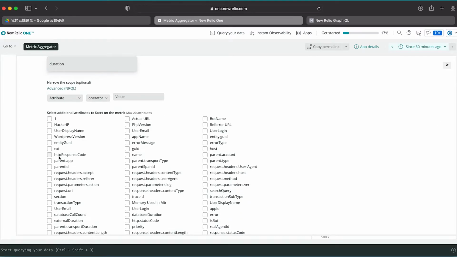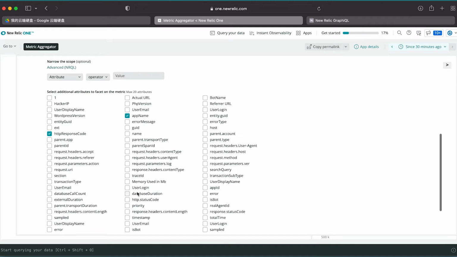And the next step is to add some additional attributes so that we'll be able to facet on the metric after the metric is created. So I'm going to choose my app name, and also would like to see the response time with our HTTP response code, as well as a custom attribute that we created called user login, to see how whether the user logged in affected the response time.